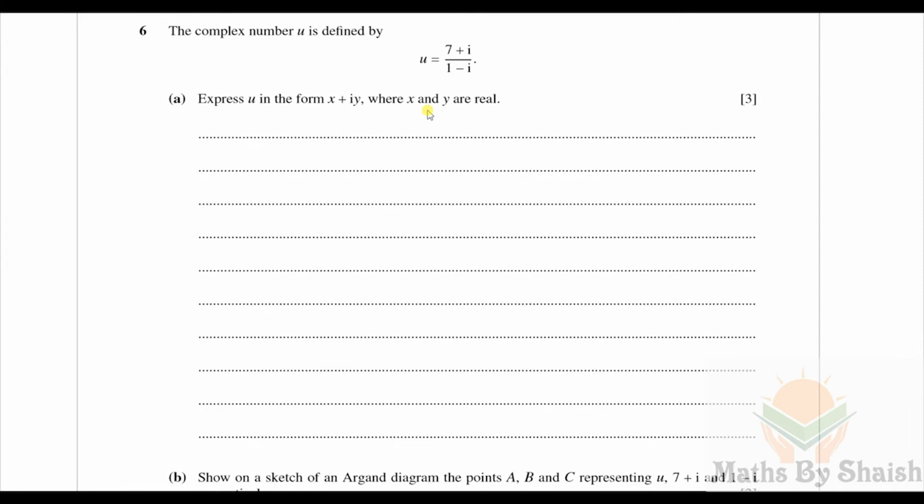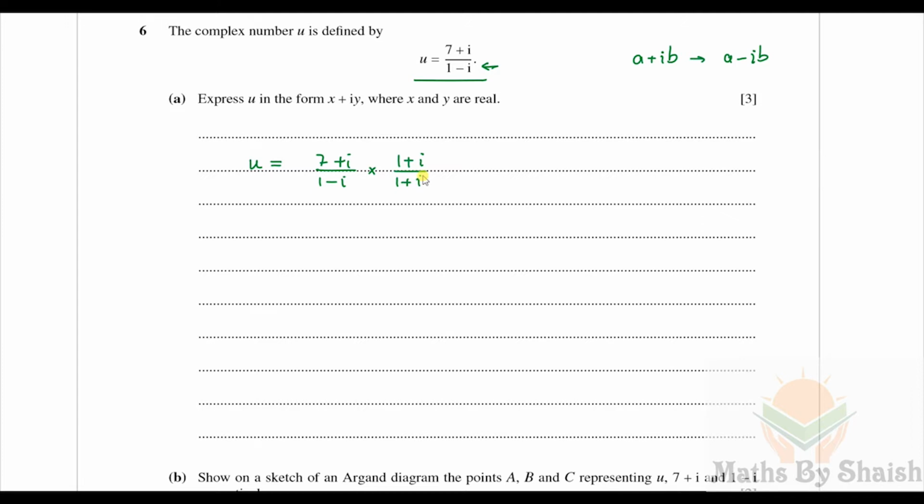The complex number u is defined by u is equal to (7 plus i) over (1 minus i). Express u in the form x plus iy, where x and y are real. Whenever we have a division form, we rationalize it by multiplying and dividing by the complex conjugate of the denominator. For any a plus ib, the complex conjugate is a minus ib. So here we can write u as (7 plus i) over (1 minus i)